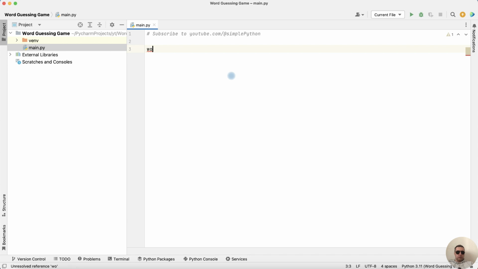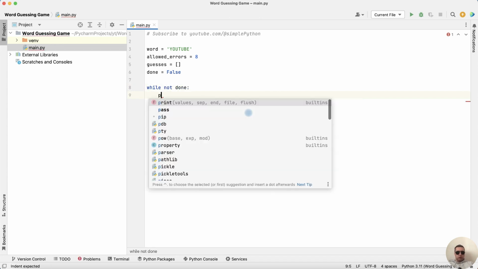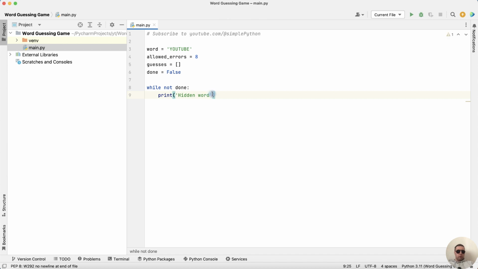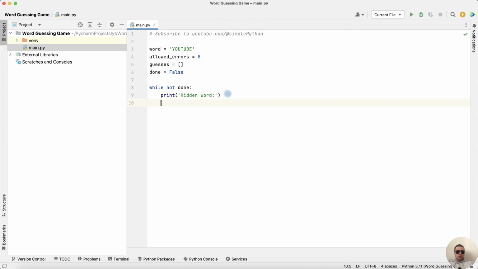Let's define the constants first. Word equals, for example, YouTube. Later we will make the words randomly generated. Allowed errors equals 8, for example. Guesses equals an empty array. And done equals false. Then create a loop while not done, then print hidden word with colon, and next loop